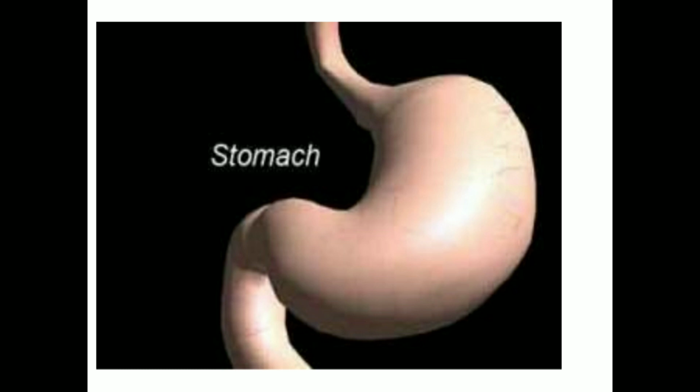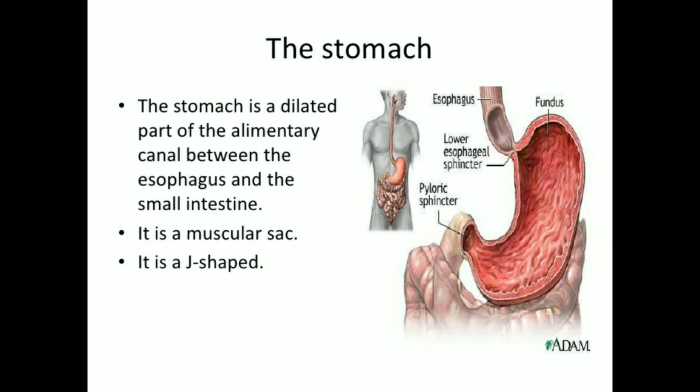So what are the functions of the stomach? The stomach acts as a reservoir of food and helps in digestion of the protein, milk and fat. So you see, the digestion of the protein, milk and fat will happen in the stomach. Okay, then if you look into the region where it lies, the stomach lies obliquely in the upper and the left part of the abdomen. So you have looked at the stomach, where the location is, connected above with the esophagus, below with the duodenum, and it acts as a muscular bag.